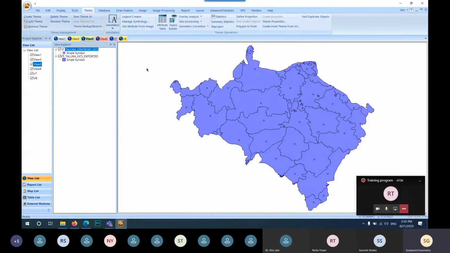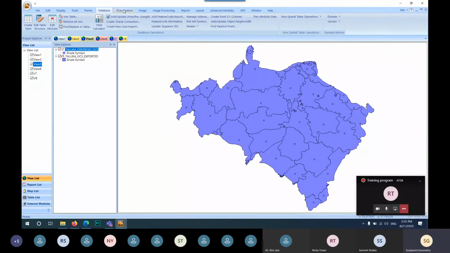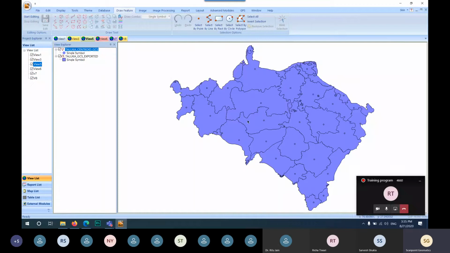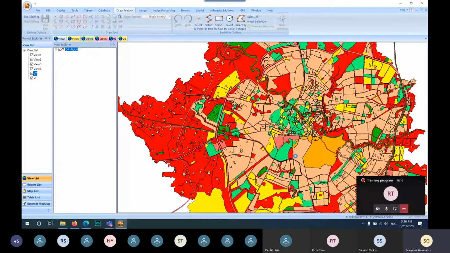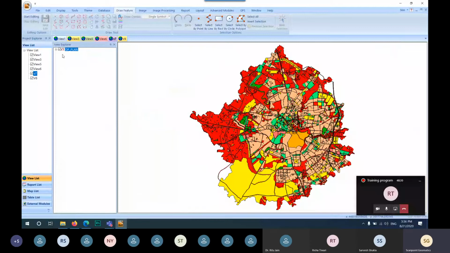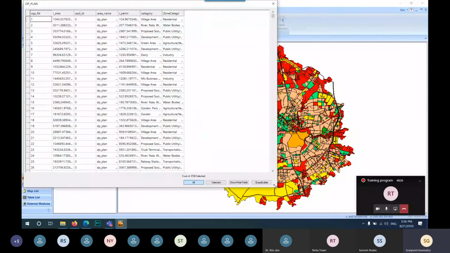So by digitizing all your application areas using this raster image and draw feature tools, you can digitize your imagery and use it as an application. I show you one example of a Lucknow area utility map. This is the Lucknow area utility map. Here you can see the various categories. I show the attribute table of this Lucknow region where we have area information, area name, perimeter, category.